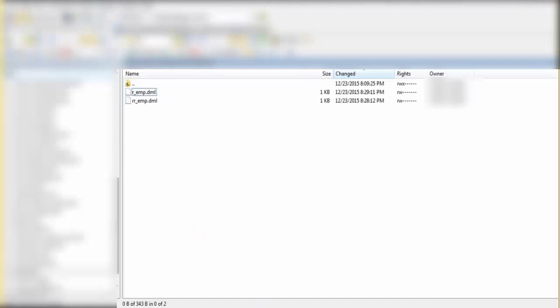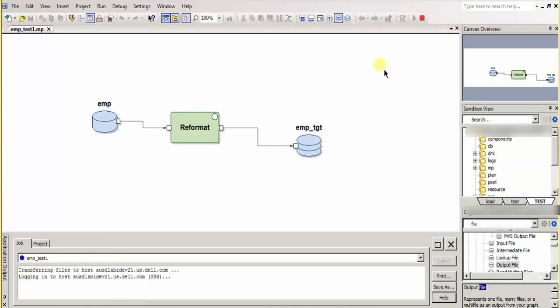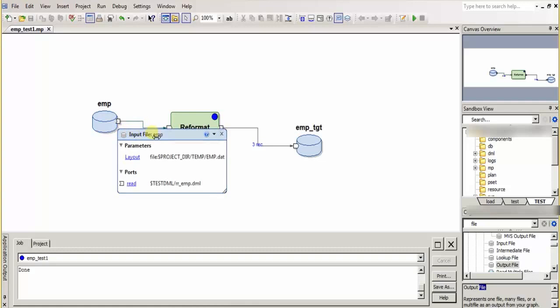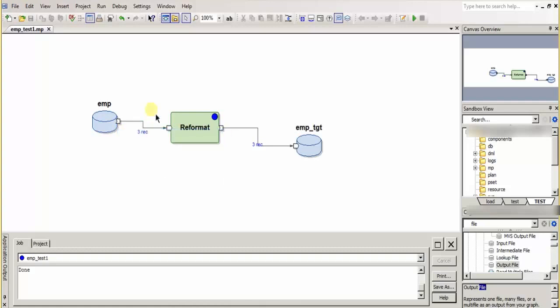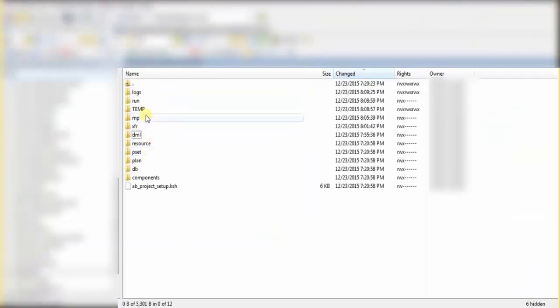So now when I execute this, I've got 3 records from the source file which you have seen there, and I've done a reformat there, and my output of the reformat is 3 records, which got inserted into my target. Now I'll be showing you how my target got created.